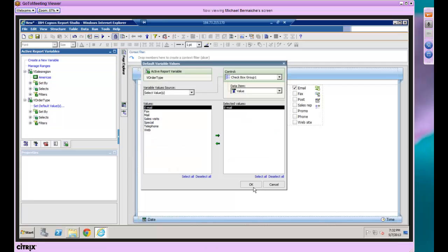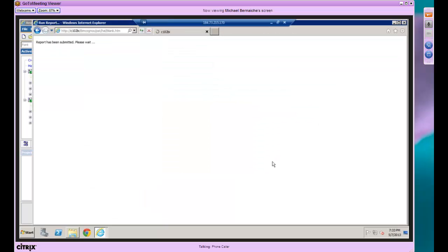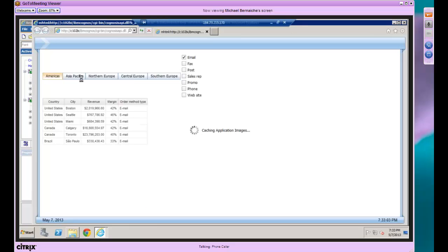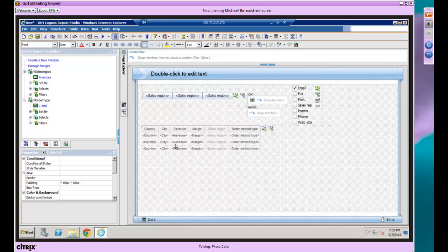One last thing on this report is to make it an actual active report. You go up to this Run button, and what you do is download the active report. And what it's going to do is ask you for a place to save it, and I've already done that. Wherever you have saved it, you'll notice that I'm on the local disk, so I'm no longer using Cognos itself to view this. You can email this or send it to anybody you wanted. So I'm going to go ahead and open it from here and show you